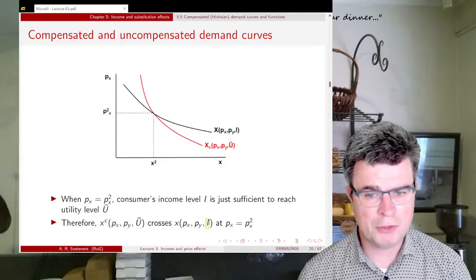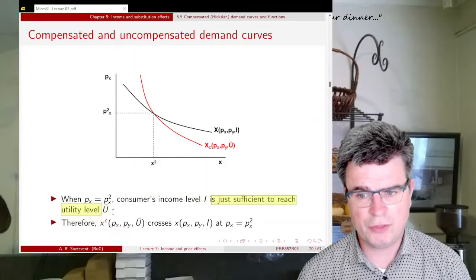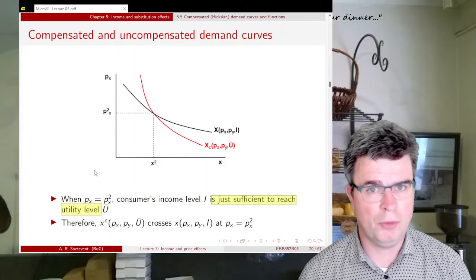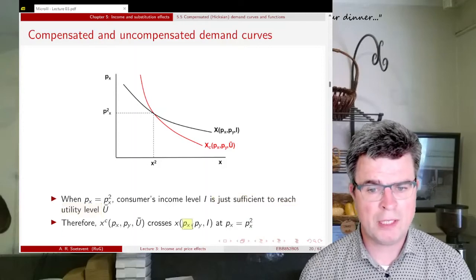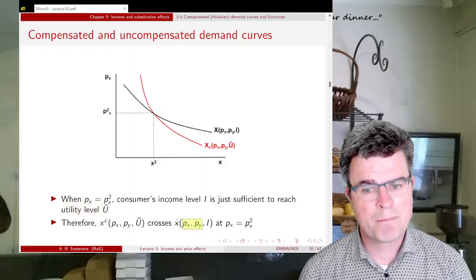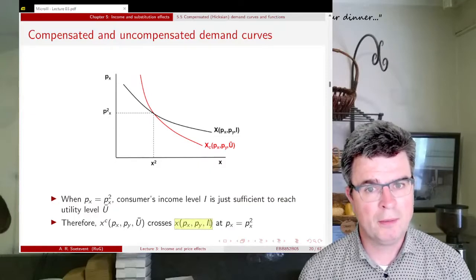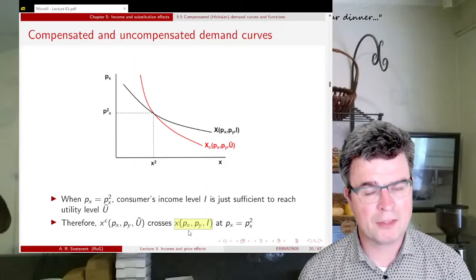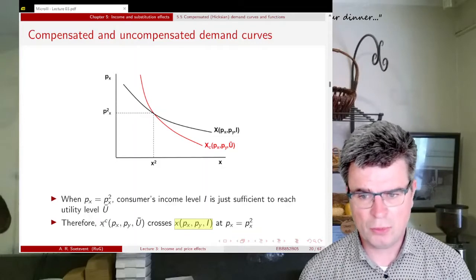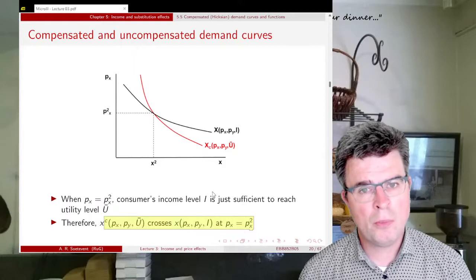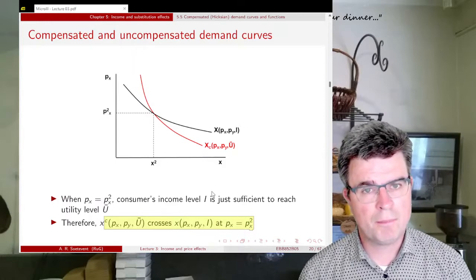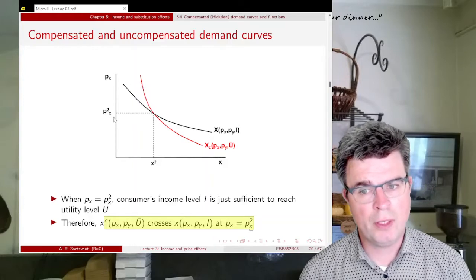And given that my income is I, and that's just sufficient to reach this utility level U bar, but no higher utility level, and given the same prices Px and Py, I will maximize my utility by spending such an amount on good X that I can buy X units of good X. So this holds by definition, and now we want to know how we will move along the uncompensated demand curve and the compensated demand curve if we increase the price